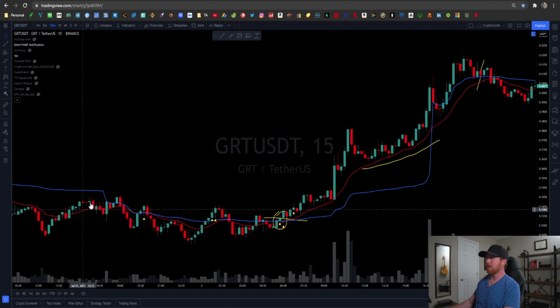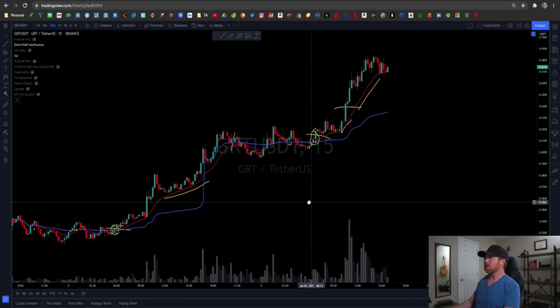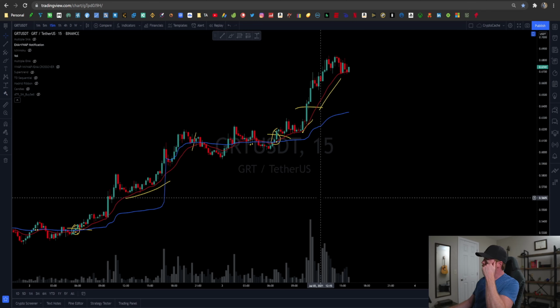Doesn't always work out that way, because again, consolidation periods here can be kind of deceiving. When the price stays above the EMA and it starts bouncing like you see here, that's a really strong indication of a buy signal. So that's kind of what I like to look for. So as far as a good entry point right now,